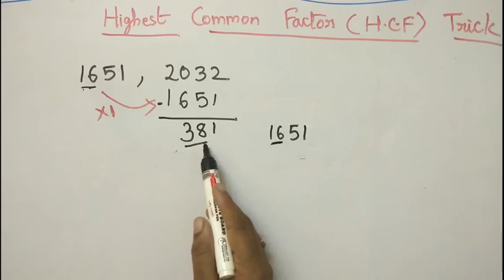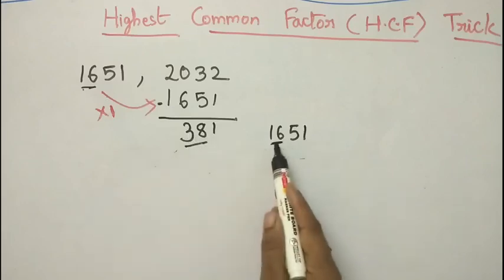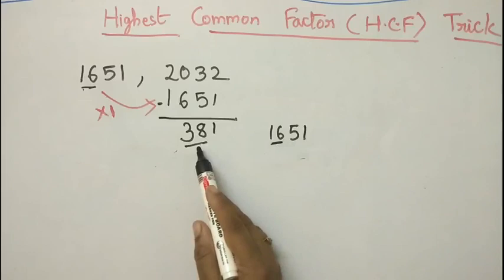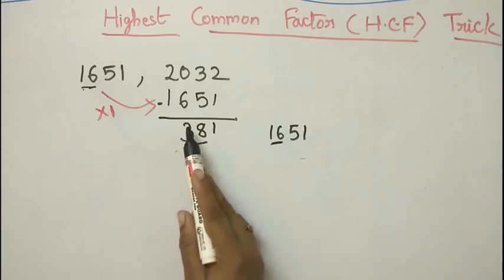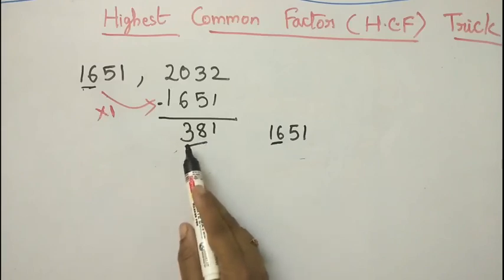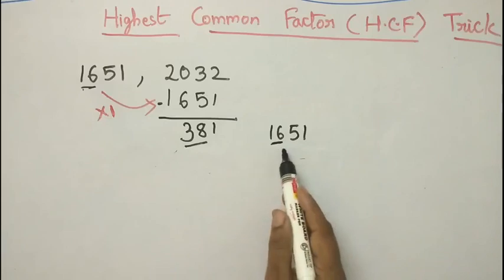But if you multiply with 8, see here it is 8, is it not? Into 5 means 40, 0, carry 4. 5 3s are 15, 15 plus 4 it becomes 19, so it is greater than 16. It is better to take 4, so I will take 4. If you multiply with 4, it is nothing but 32, so I will keep it here. 4 3s are 12, 12 plus 3 is nothing but 15, so I will get a value less than 1651.